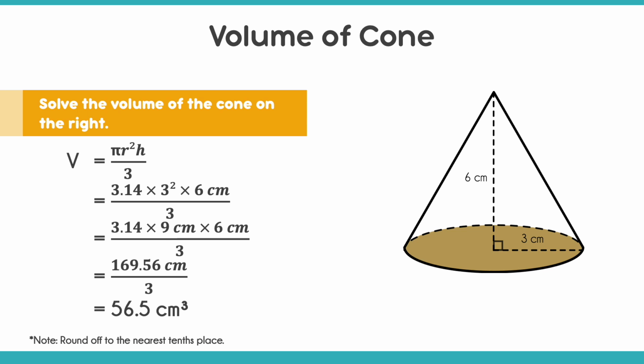So 3 times 3 equals 9. You then write 3.14 times 9 centimeters times 6 centimeters over 3. Solve first all the measurements on the top of the solution. So, when you multiply the pi, the radius, and the height, the answer is 169.56 centimeters over 3, or divided by 3. When you divide 169.56 by 3, the answer is